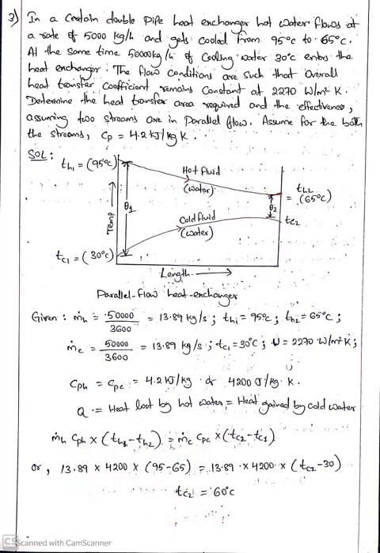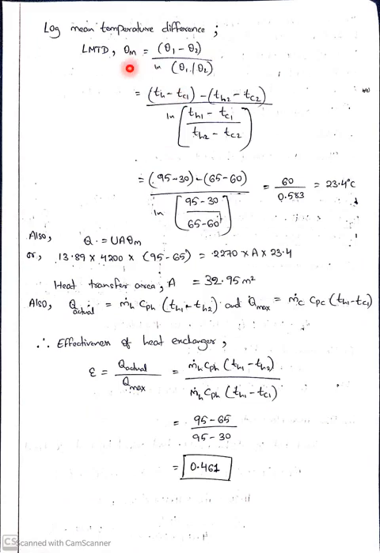Next, theta m. If you know the temperatures of the hot fluid and cold fluid, you can find the theta m value. If you know theta m, you know U, and you know Q, the only unknown will be A. If you shift to either side, you will get the area. Okay, simple. The effectiveness formula I will be covering in the next chapter, but since he asked in this, I will just note it down.